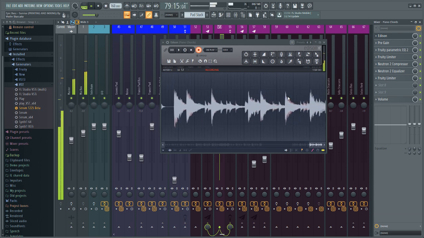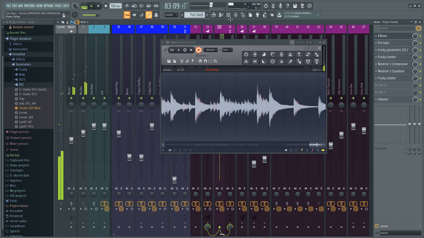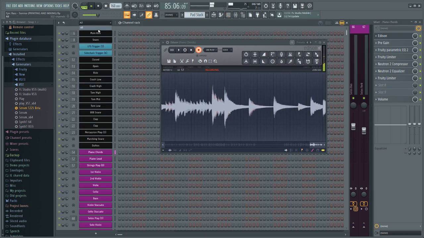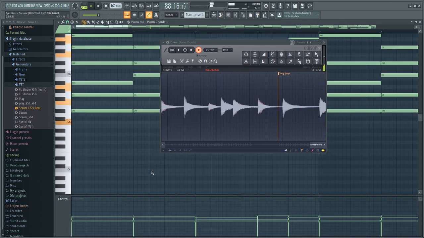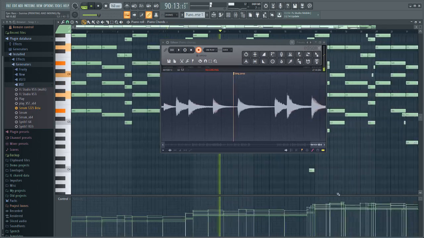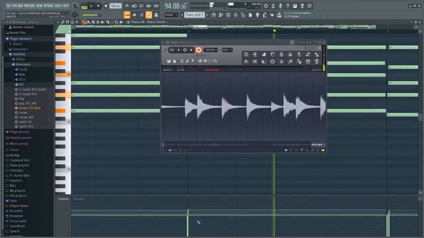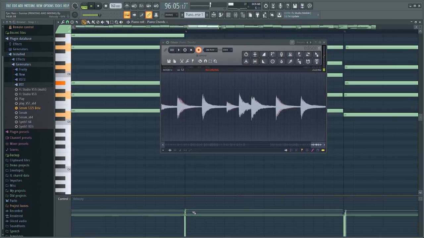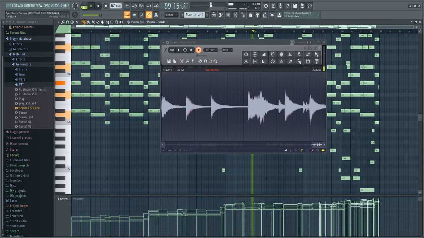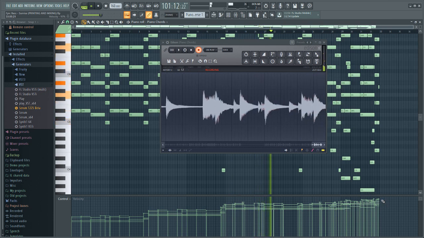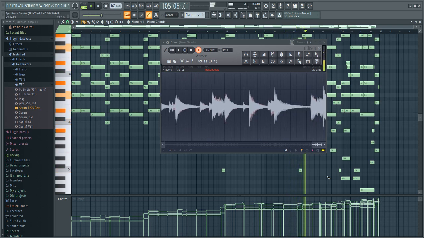And especially with organic instruments, obviously this is a piano library, so it's not a live recording, but if we go into the MIDI track, you'll see here I've manually messed with all of the velocities, as well as the timings, so things are just a little bit offset to humanize it and make it sound like a real human is playing a piano. So with any kind of organic element where there are changes in velocity, volume, especially like a human voice or again a piano, you want to make sure you're recording it at a nice quiet volume